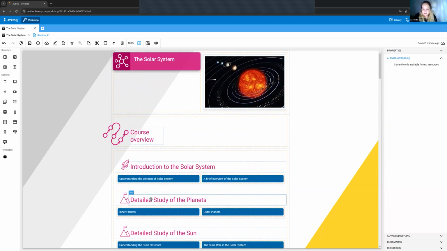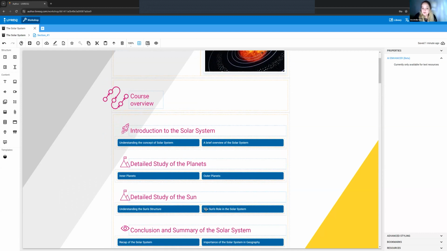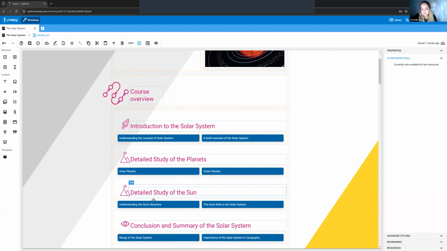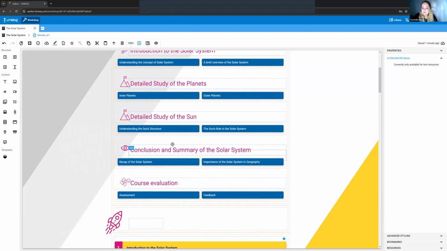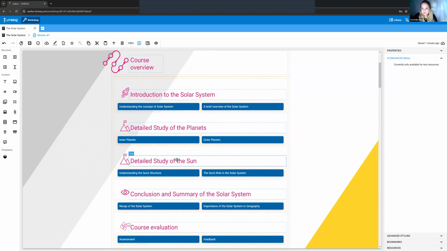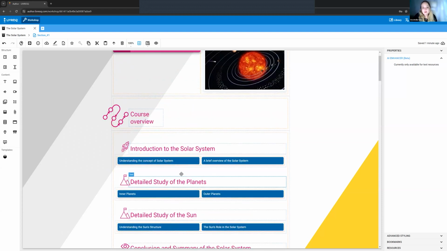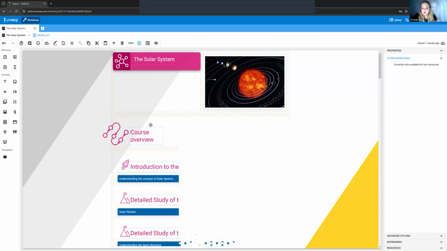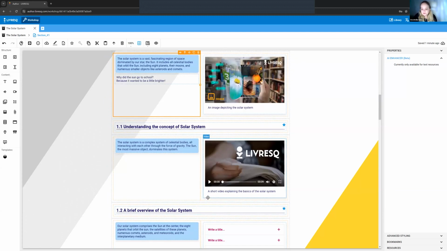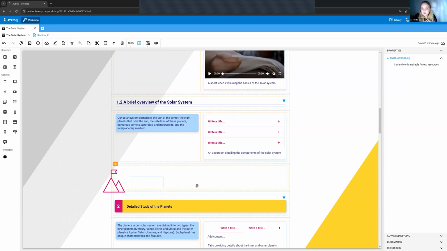So the building is really simple. It's based on blocks. It's kind of like Lego. You just place whatever you need, either on an empty project, on a template, or you can create this sort of template, this structure using AI that you can then edit. But once you create a lesson and an entire project, once you add all the information you want, you have the title, you have all of your interactive resources,